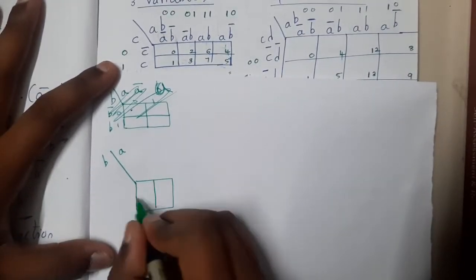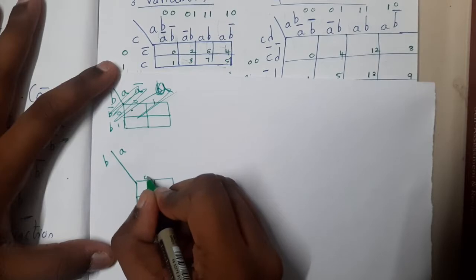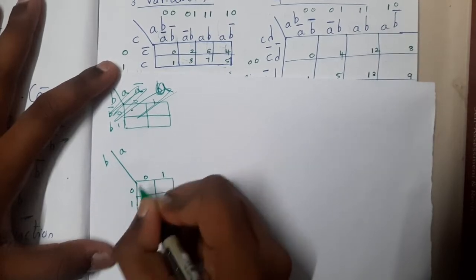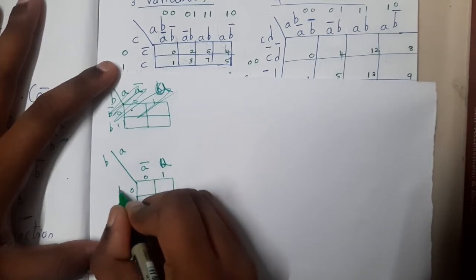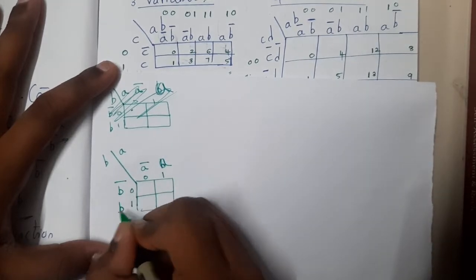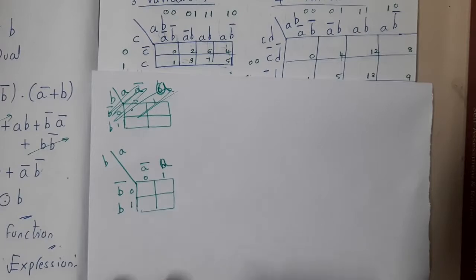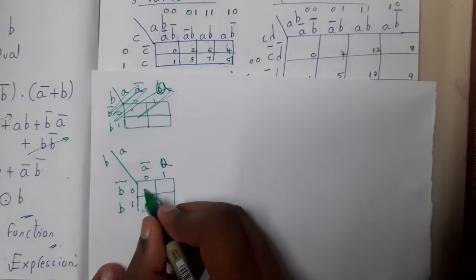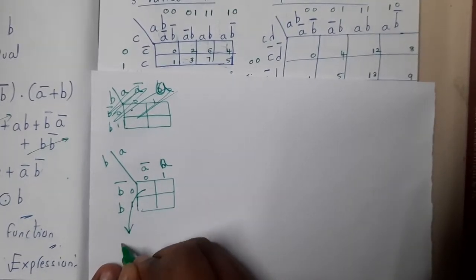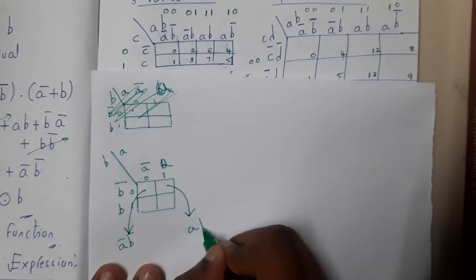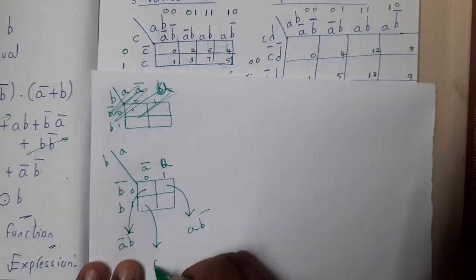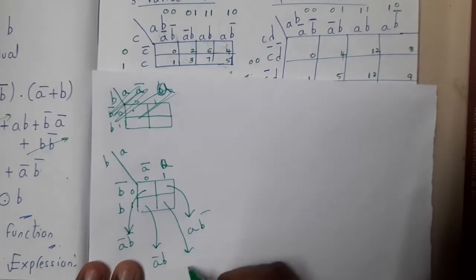2 variable, right? Okay, so here you will be writing 0, 1, 0, 1. 0 is nothing but A bar, 1 is A. Similarly, 0 is nothing but B bar, and 1 is B. Got it? So what is this variable, guys, indirectly? That is A bar, B bar. What is this variable? A, B bar. What is this variable? A bar, B. What is this variable? A, B.